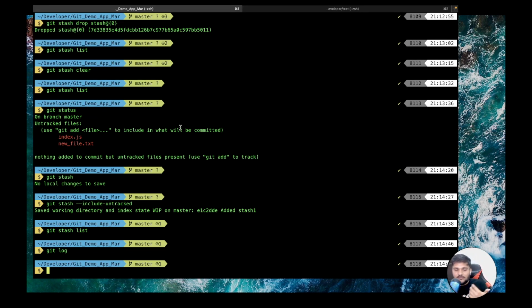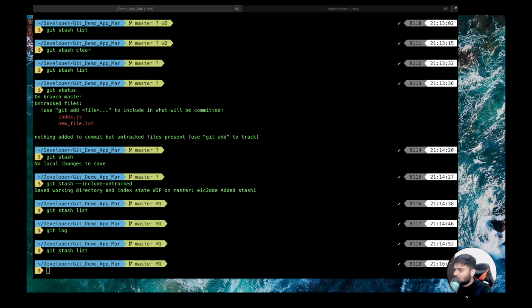Because after the commit, maybe you have made a lot of changes and you're just stashing a very specific file. Then your commit message might not be very useful in order to identify what is actually stored inside the stash. In that case, we might want to rename or give a label to the stash. So if you want to give a good message to your last stash, you can say git stash save and you can give a message: added index and new file.